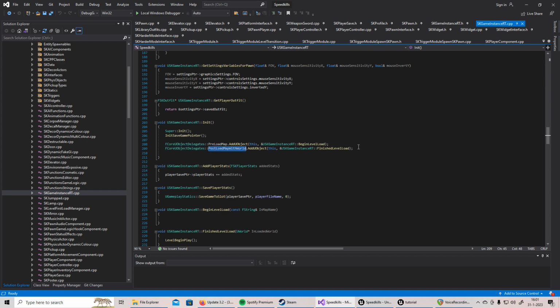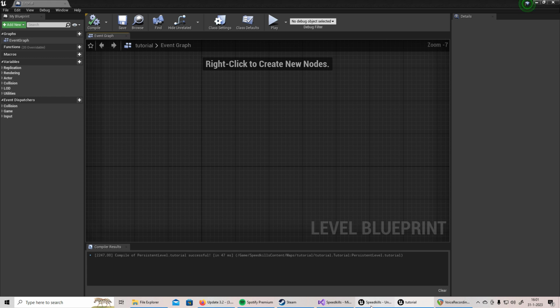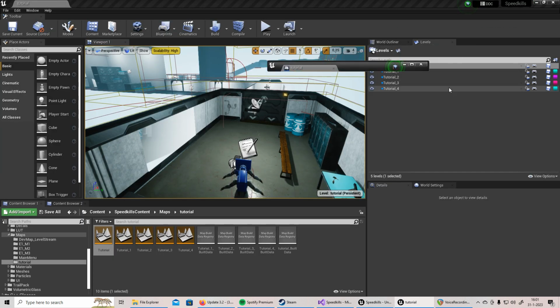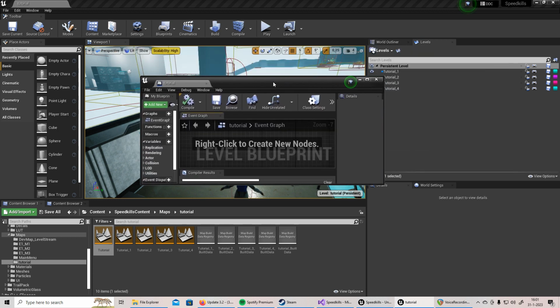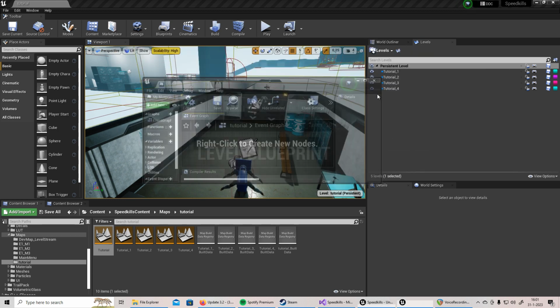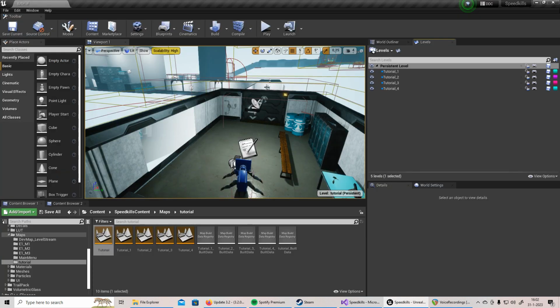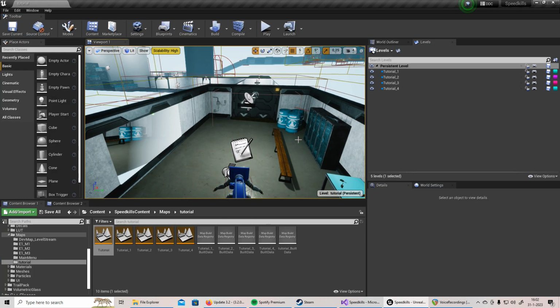So all those dozens of morons who keep harping on about, oh yeah, the way you detect begin level play is you just go into your level script and then you just bind to begin play. Hey, the level has begun play. No, you can just do that via your game instance with an object delegate. Like, oh, for fuck's sake. So yeah, just another case of people online giving extremely terrible advice on